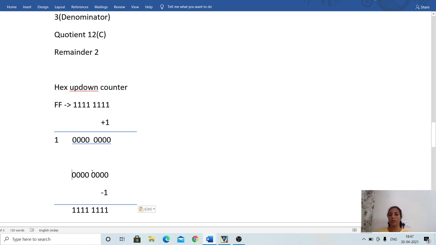Since this bit is also 0, you have to take a borrow from the next bit. Again, this bit is 0, so again you have to take a borrow, and so on for each bit.